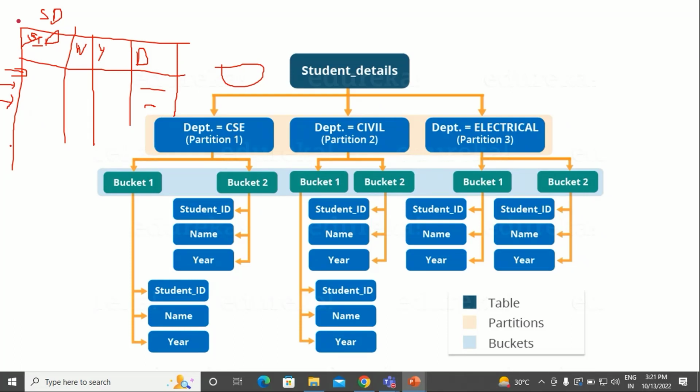Now, what does partitioning do? Let's suppose we take one column, and based on that column we partition our table. So suppose you take this department column as your partition column. Based on department, I want to partition my table. Then what will happen? It will go to each and every row of the department